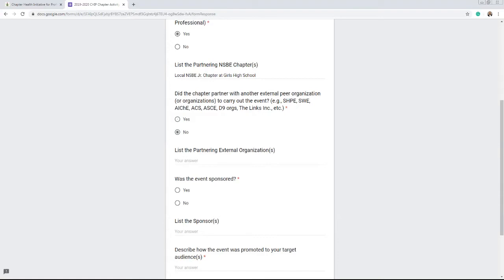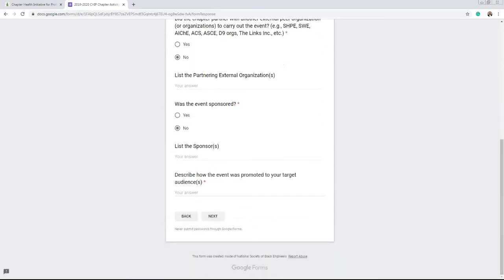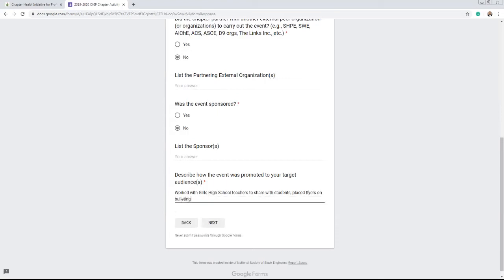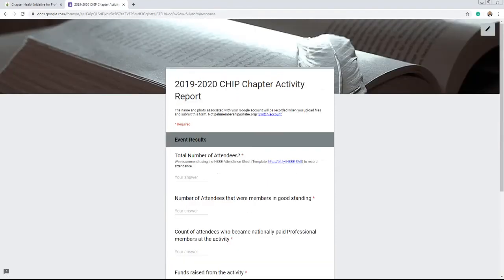If it's yes, we want you to list the partnering organizations on this page, on this link. We ask if the event's sponsored, and if so, we ask you to list the sponsor. And then we want you to give a description of how you promoted the event so that you had attendance from your target audience. So let me just really quickly enter an answer. So I've got an answer entered in there, and that will allow me to proceed to the next section,